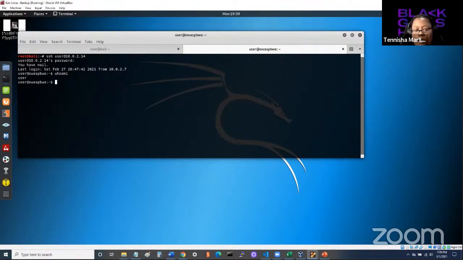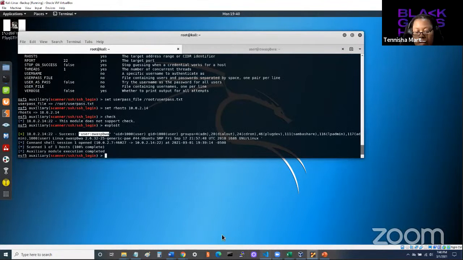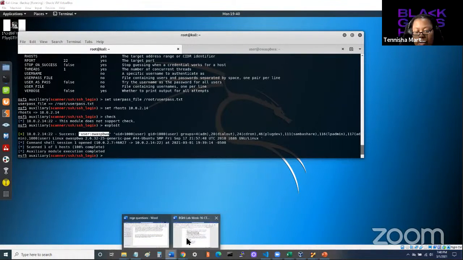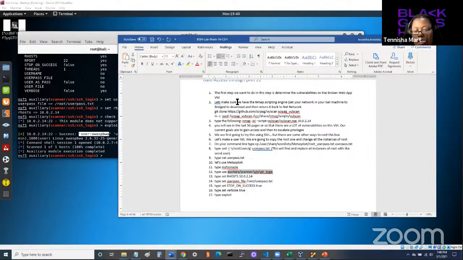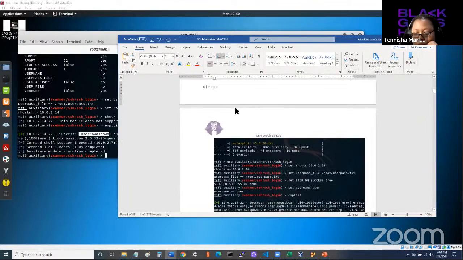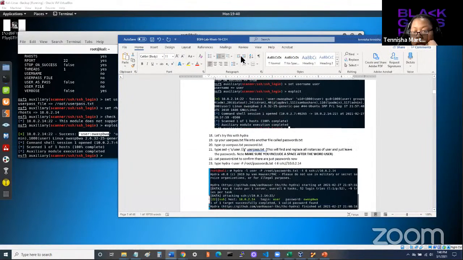Okay, so that's the first part of the process. We've gained access to the machine. Now if I wanted to, I could look and see what's on this machine and access whatever this user has privileges to. So that's the first part. Now that we have the user, I'm going to show you a different way to do that. We're going to do the same type of thing, but with